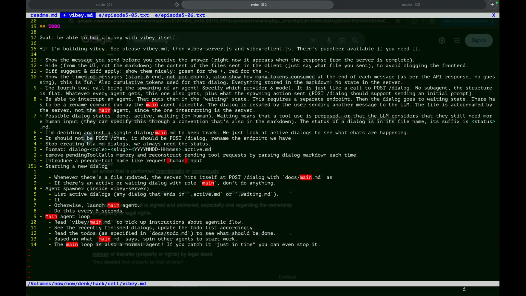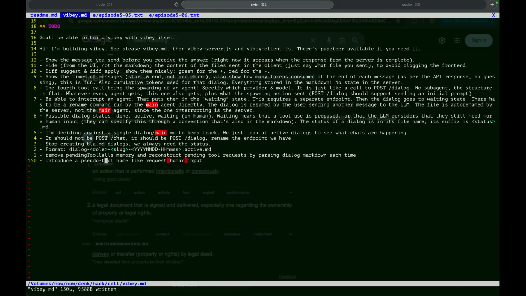I think I can do this. To get the ball rolling, not rallying, just to start one dialogue and let agents spawn other agents based on the instructions. It's quite freeform.